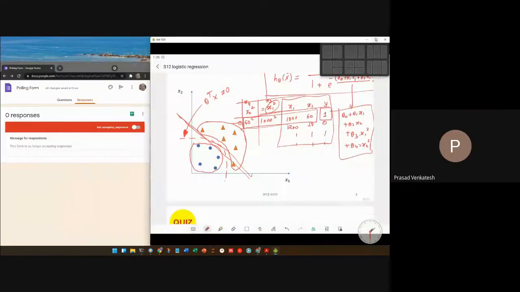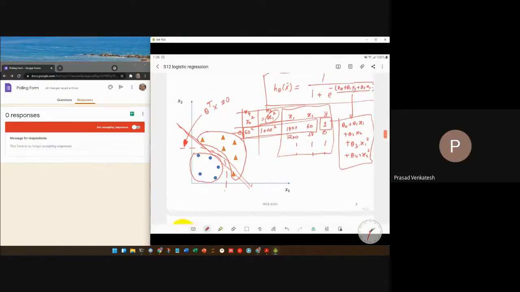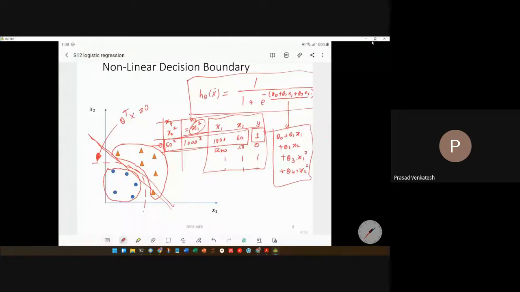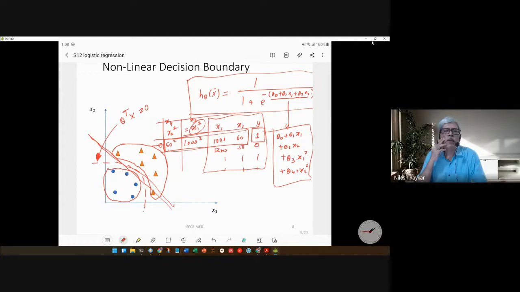So I had a doubt. Yeah. So based on this, we have to choose model parameters which do not satisfy this equation, right? Theta transpose x equal to 0. No, model parameters we are yet to talk about. So how to obtain the best values of model parameters is the next topic. Okay, what you are asking is how do you decide the model parameters? Is that your question? Yes, sir.